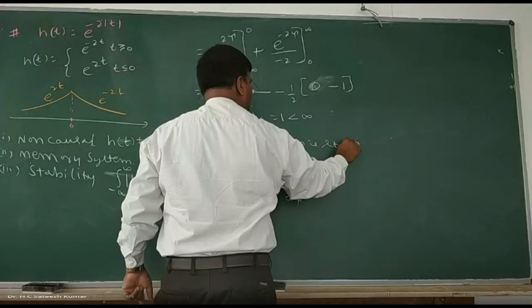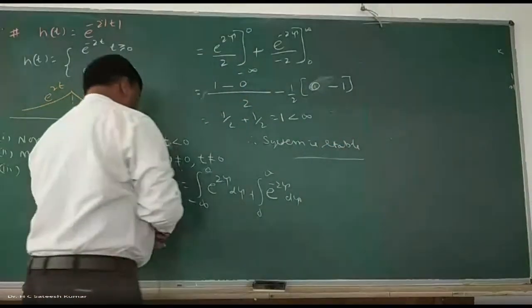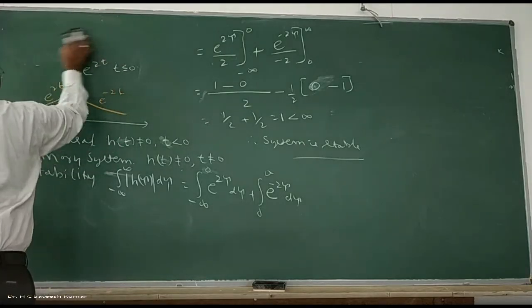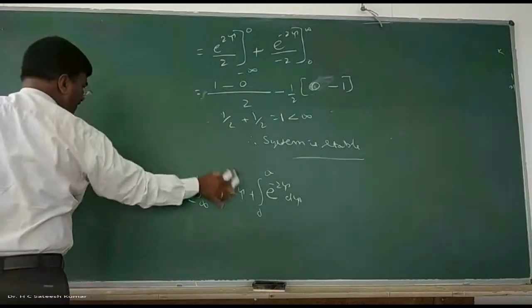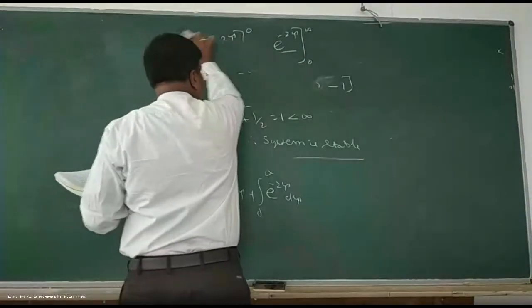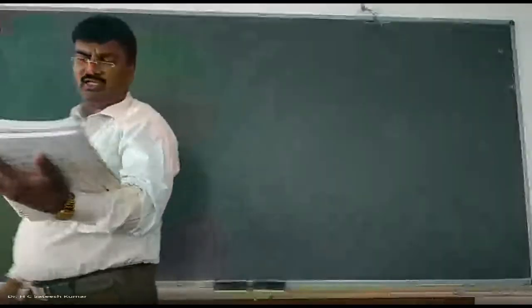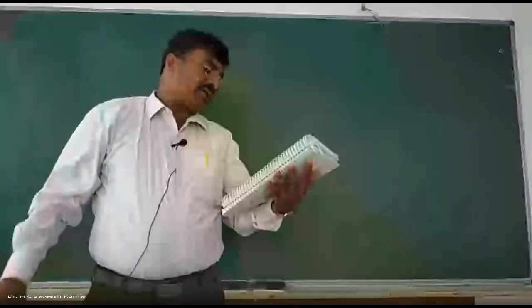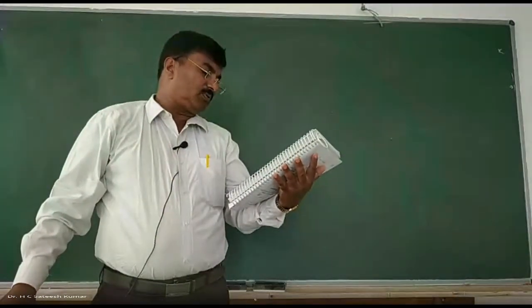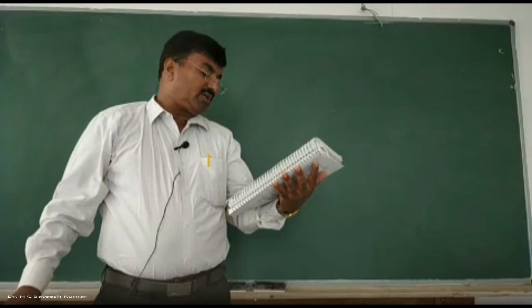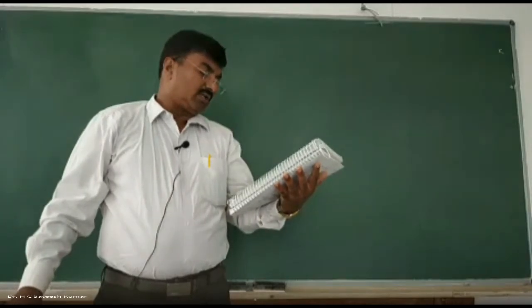That's how we should do it. So this is a problem for normal efforts. Now, one more problem, another miscellaneous problem we have seen in the examination. The question is, show that if the input x of n to a discrete LTI system is periodic with period N, then output y of n is also periodic. Okay, this is a 6 marks question.